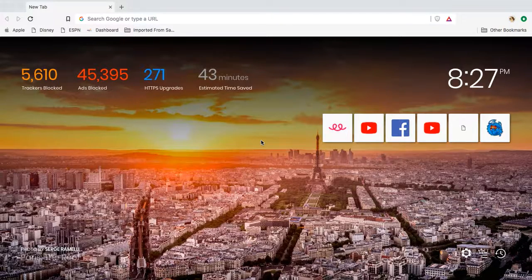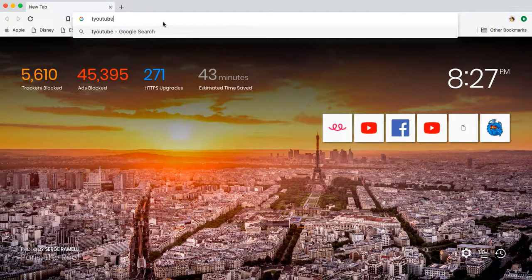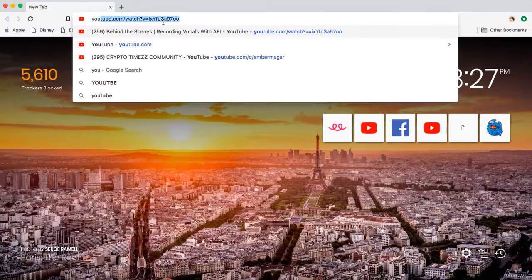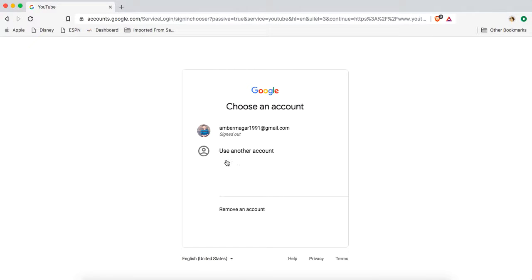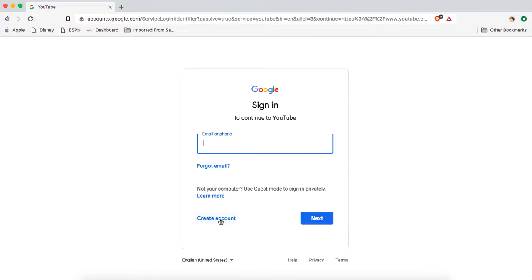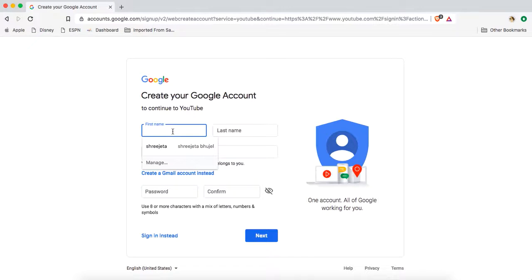Guys, let's begin. Go to search and type URL YouTube.com, and on the right side click sign in, and click another account, and click create account here, and type your first name and last name, and your email address,